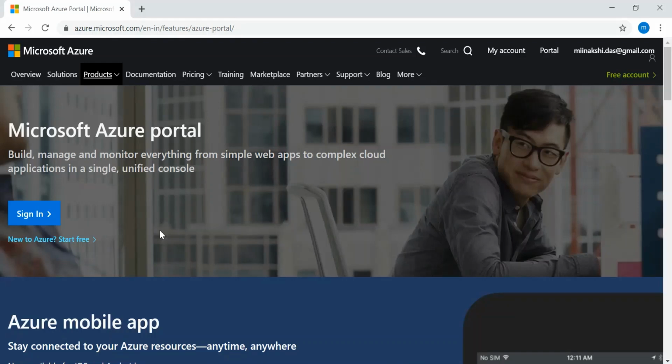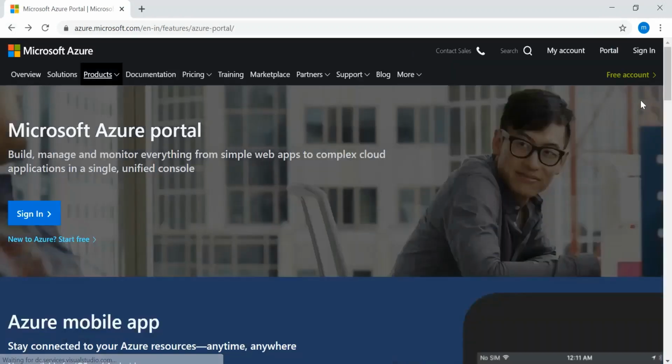Once your account is created with Microsoft, you can go here and create a free account for yourself. Azure provides a free account which is a trial period of 30 days. Within this free account also, you can explore many Azure services.